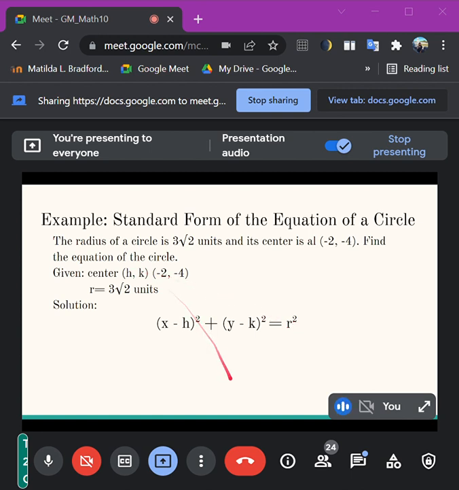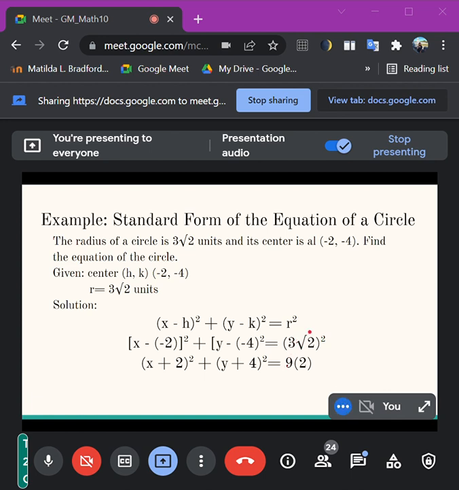So we will now substitute. So you have there x minus negative 2 squared plus y minus negative 4 squared is equal to 3 square root of 2 squared. Then you're going to simplify that one. Whatever symbols or signs are there, you need to copy them. Okay? We copy that. And now, since we can simplify this, you have negative, negative, so that is positive. So x plus 2 squared, and then plus, here negative, negative as well, so it will become positive. So y plus 4 squared, and then is equal to, since it is squared, 3 squared,